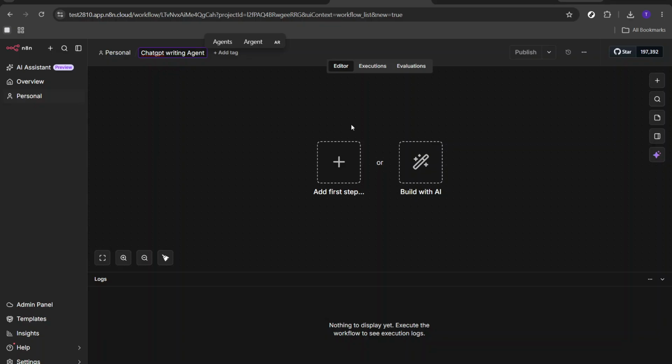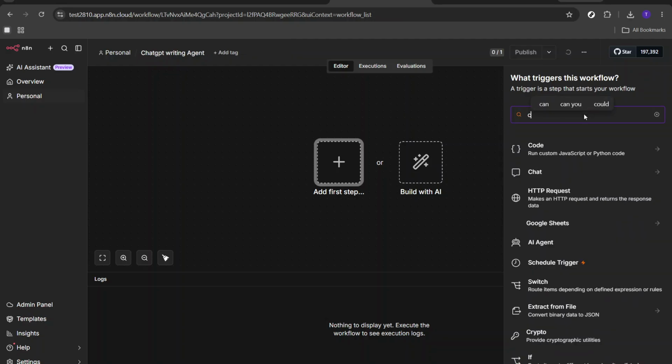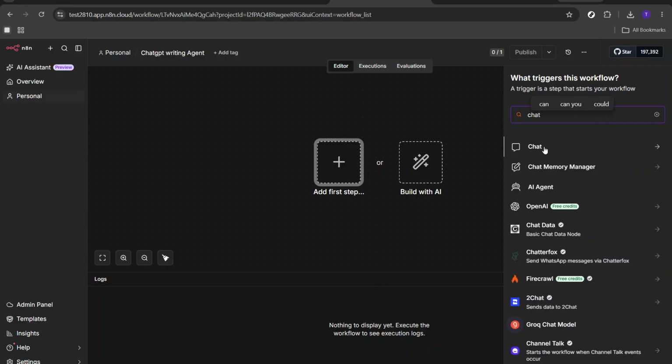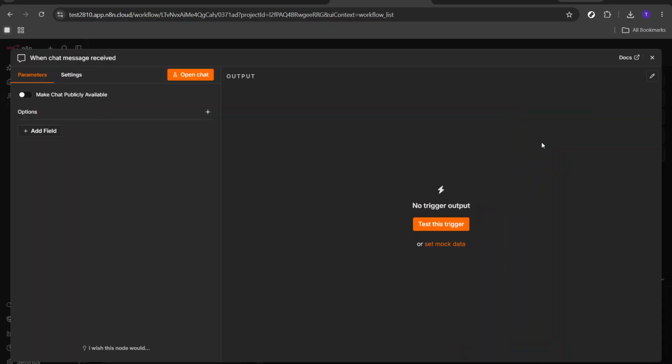Triggers are pivotal as they define how your workflow will begin. If you're setting this up for testing purposes, a manual trigger is the way to go. This gives you control to start the workflow whenever you're ready during the testing phase. If instead you envision this as part of a chatbot system, using a chat trigger is your best bet. Alternatively, if your use case involves external API requests, you'll want to opt for a webhook. For the purpose of setting up a writing assistant, the chat trigger is the most suitable choice since it will